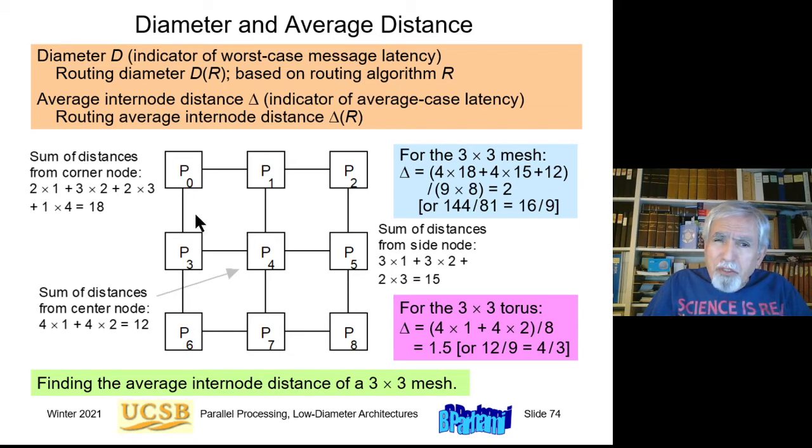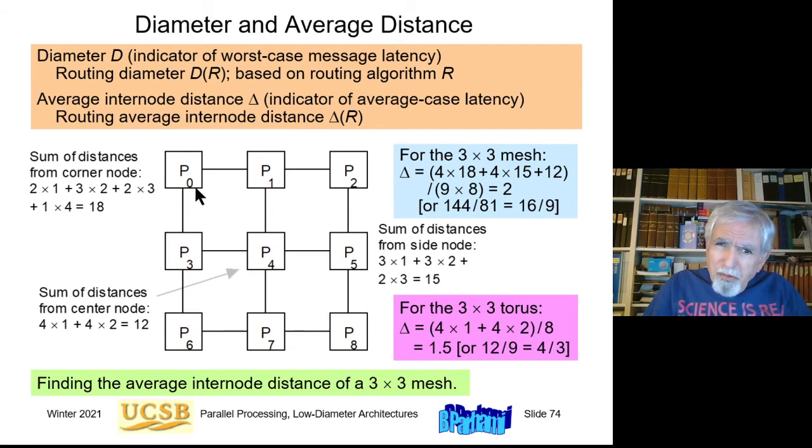Okay, if this were a torus, then it would be completely node symmetric, and therefore I needed to consider only one node and compute the distances from that node. So this node in the torus is distance 1 from 4 nodes: this one, this one, this one through the wraparound link, and this one, and is distance 2